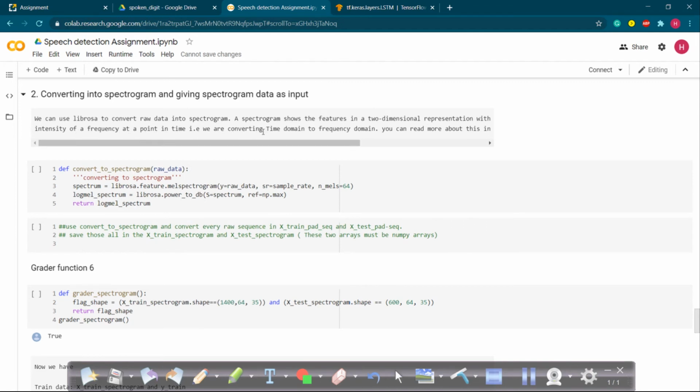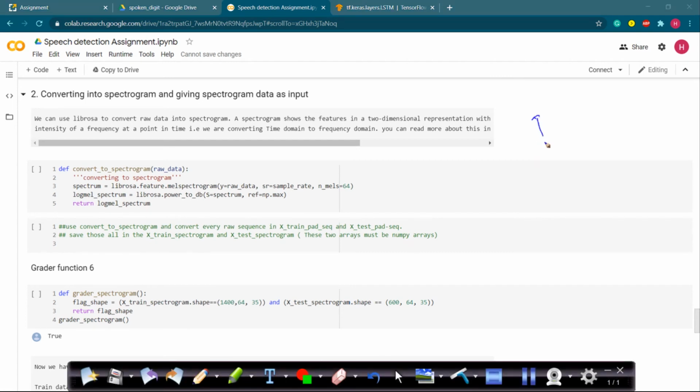That is, we are converting your time domain to a frequency domain. The spectrogram is basically the image representation on a frequency axis, where on the y-axis we take the frequency of your audio and on the x-axis we have the time. You can see the amplitudes in this graph. So we are converting each and every audio file to a spectrogram representation using the library Librosa.